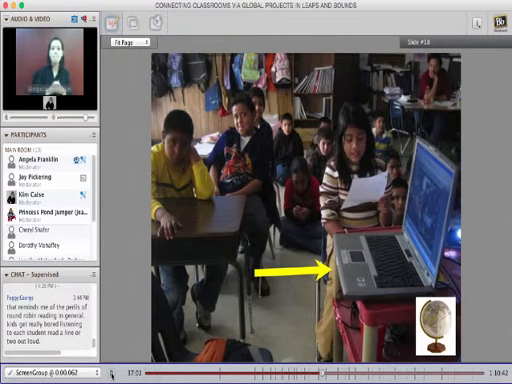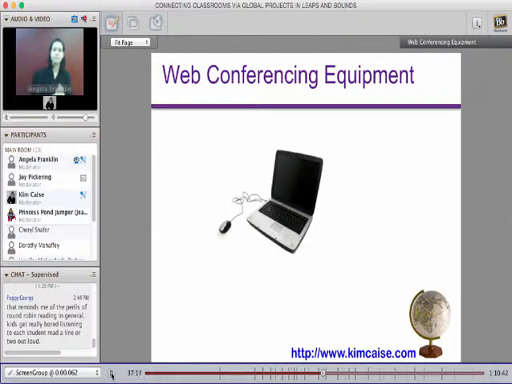And then practice and try it, and you'll get better each time that you do this. And then you can have helpers help you set up, and they'll know what to do as well, and they'll be able to help you. So these are some of the equipment.